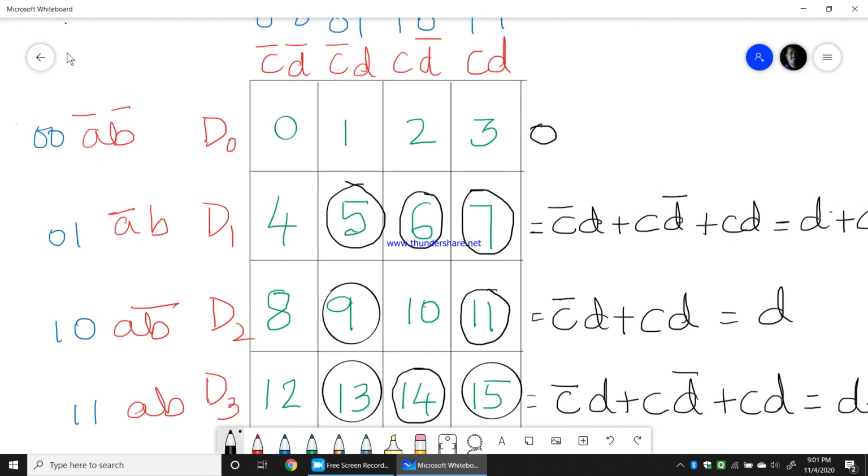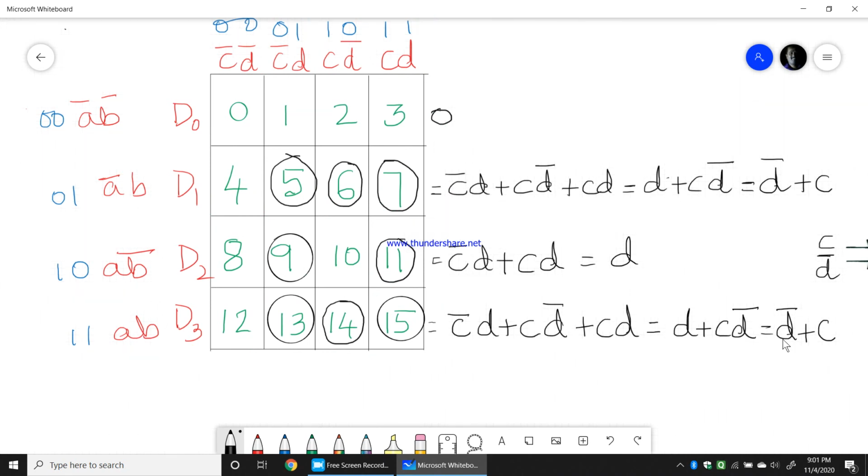This is the method which we use here. We write D0, D1, D2, D3 in a vertical way, where AB is the selection inputs: A bar B bar, A bar B, A B bar, AB. We write 16 boxes because it is a 4 variable function.